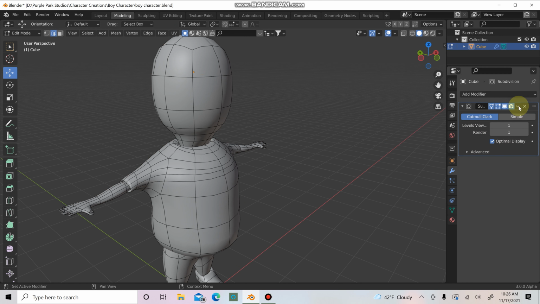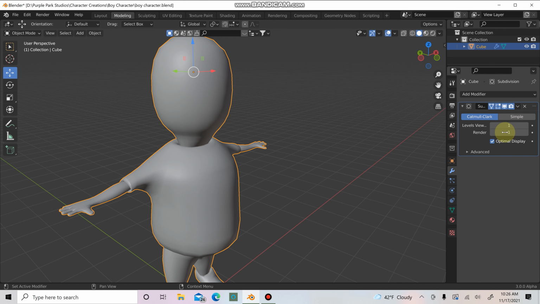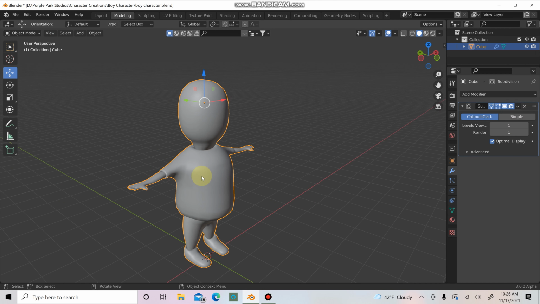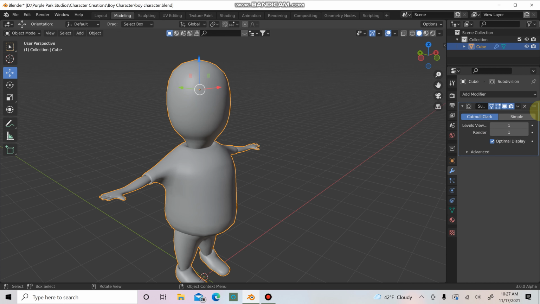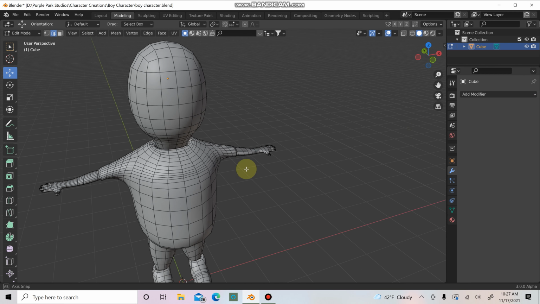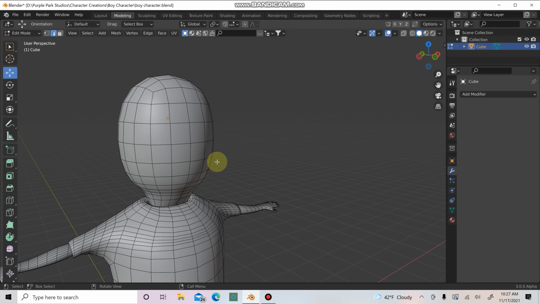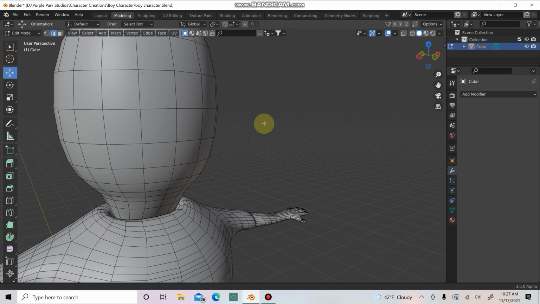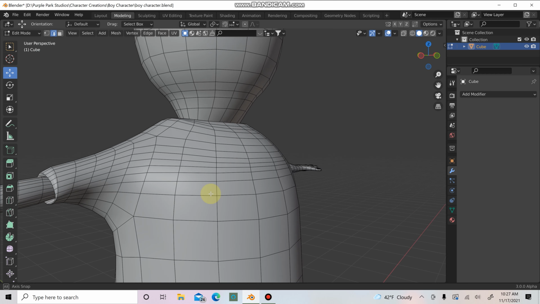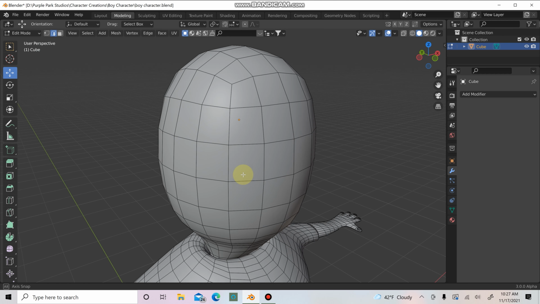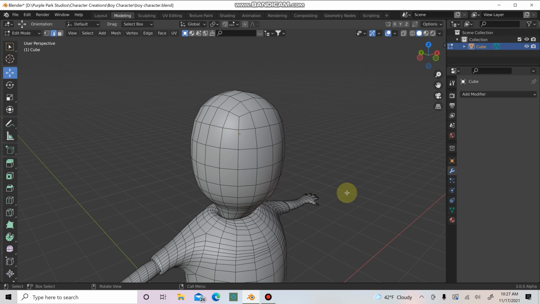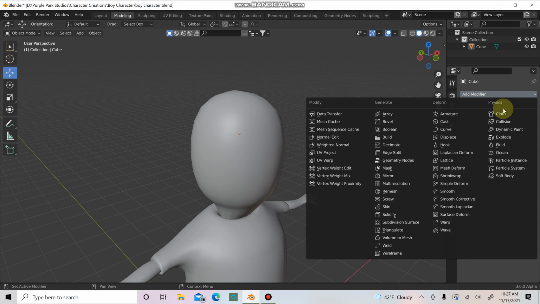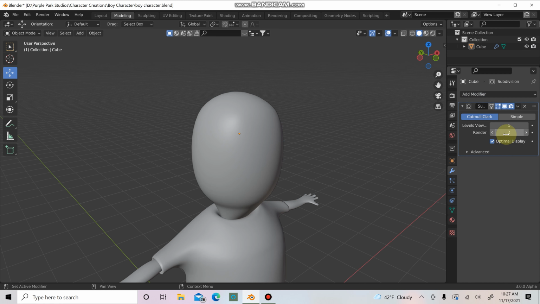We're going to go ahead and apply this modifier with just that 1. So now he has a total of 2 subdivisions, because if you remember, we applied 1 subdivision earlier, and now we're going to apply it again with just 1. So we're going to apply that, and now if you go in here, you can see that he has some more geometry. Little rough there, but you can see he has more geometry for us to work with, which is what we want. But now we're going to add in another subdivision surface